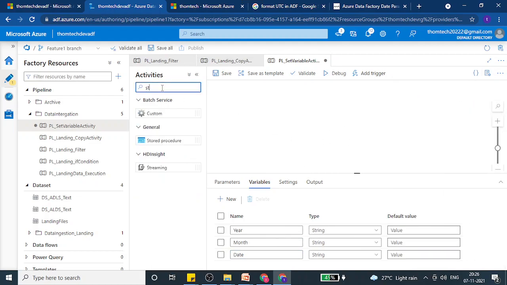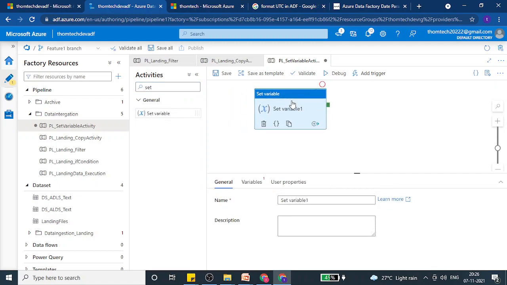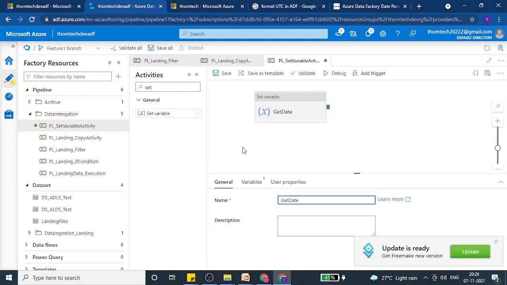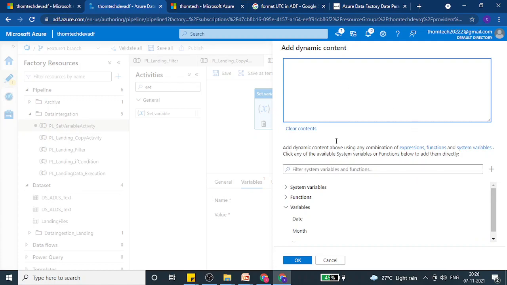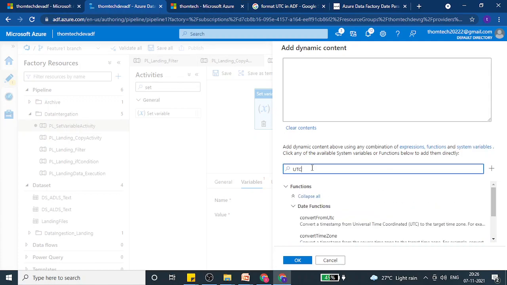Now let me pull the set variable activity over to the canvas and give it a name, get date. Now let me click on variables and select the specific variable that we want to update. Now we have an option to give a value. This value can be a hard-coded value, or you can add it through dynamic content. Click on dynamic content and look out for UTC.